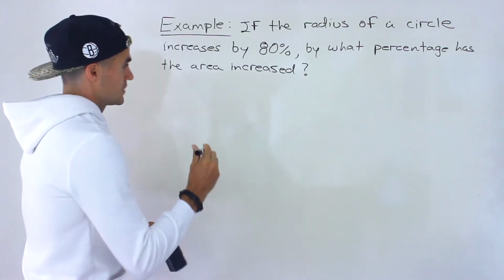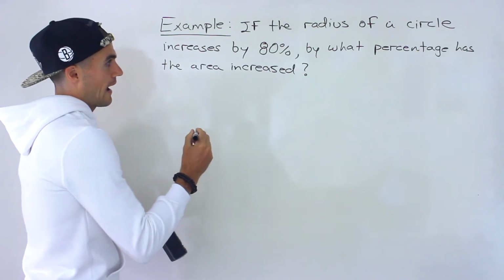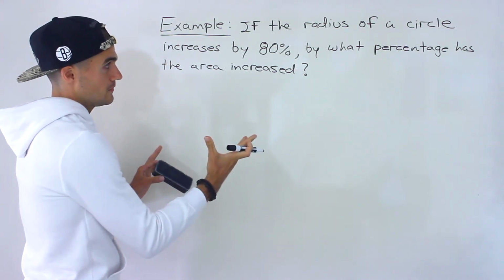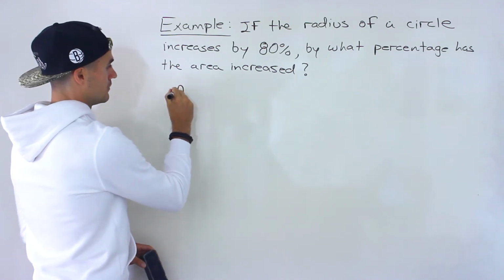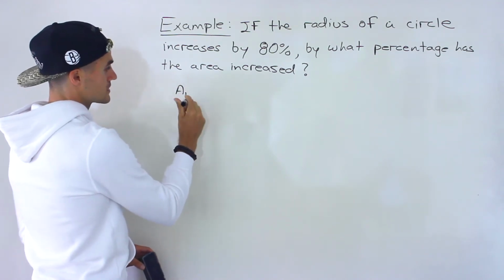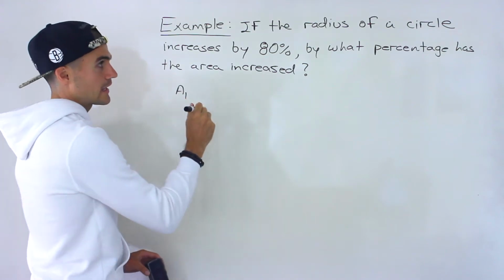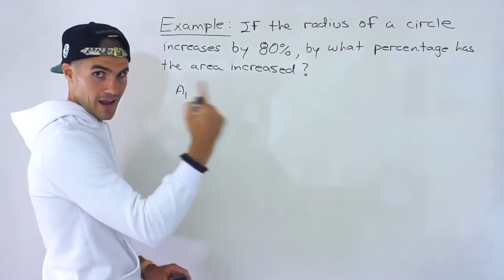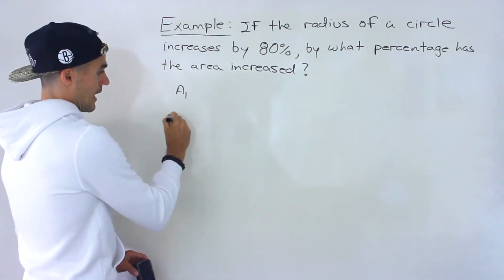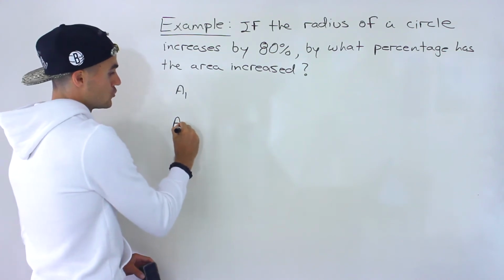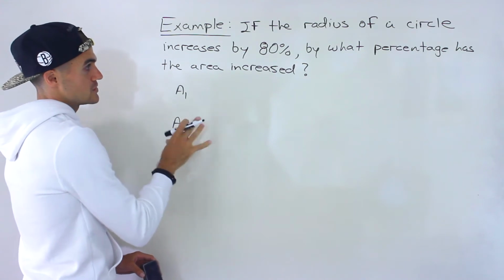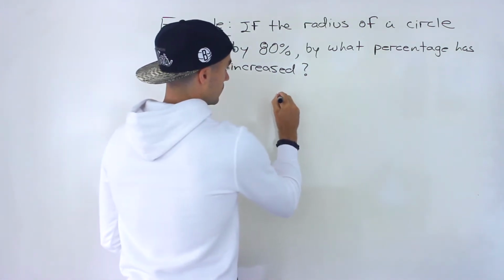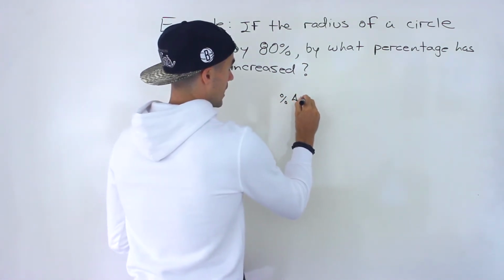In general, we're going to have an initial area with an initial radius, let's call it A1. It's going to have some kind of radius. Then we're going to increase the radius of the circle by 80%, and with that new radius, we're going to have a new area. We can call it A2. And so we're going to have to find the percentage change in area,